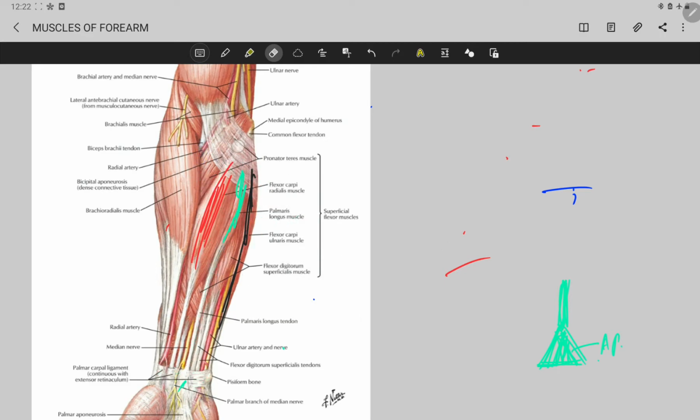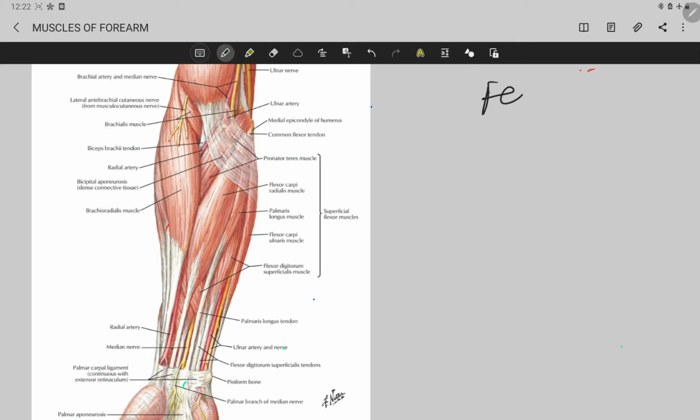So all the superficial muscles of the anterior compartment of the forearm are 5 in number, and all the superficial muscles are supplied by your median nerve except your flexor carpi ulnaris. It is supplied by your ulnar nerve. Let's start from this muscle. This is the pronator teres, which is forming the medial boundary of the cubital fossa. It gets common origin from the medial epicondyle of the humerus,